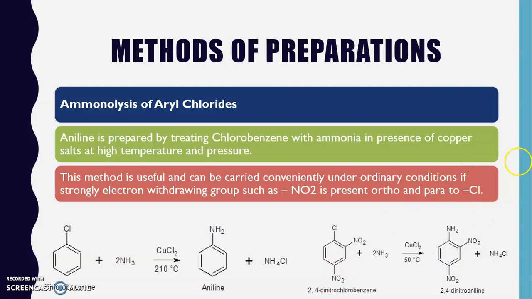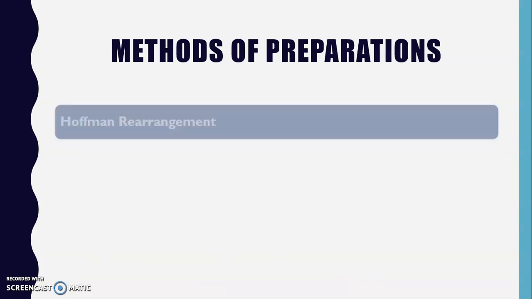2,4-dinitrochlorobenzene into 2,4-dinitroaniline. So here this particular chlorine is converted into the amino group. You can remember here the NO2 group remains as it is because we are going to perform the ammonolysis of the aryl chloride. So this aryl chloride is broken down and not the nitro group. If nitro groups were converted, then we could say this is a reduction type of reaction. It will not be an ammonolysis of the aryl chlorides. So this is about the second method.